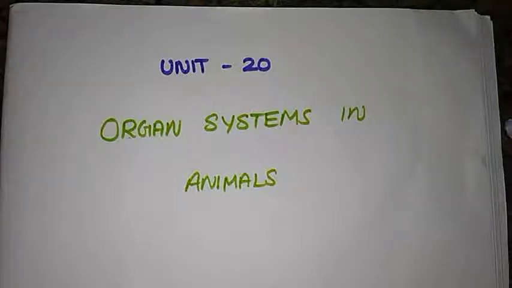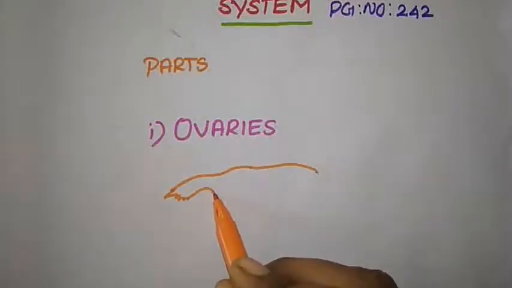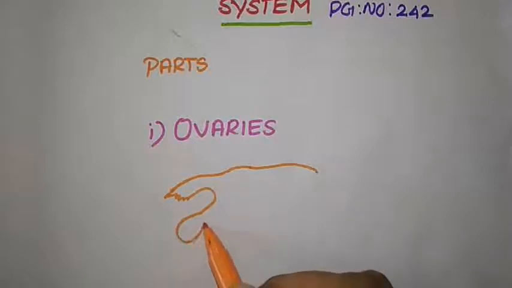Today we are going to talk about unit 20. The lesson topic is organ systems in animals. Okay, without any delay we move on to the topic. So this is the structure of the female reproductive system,